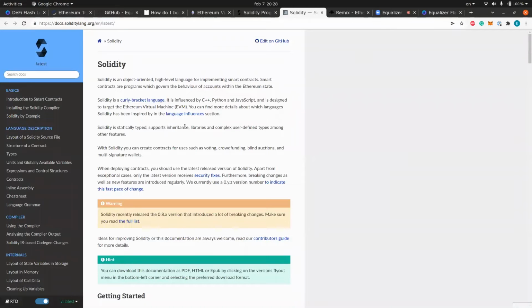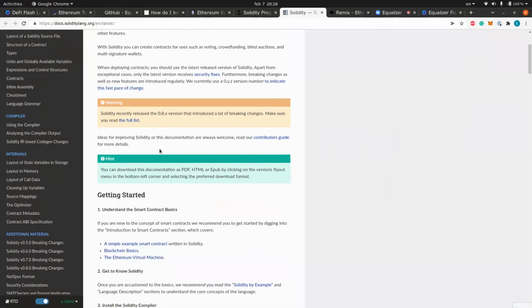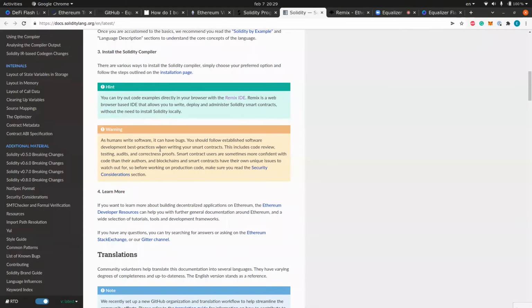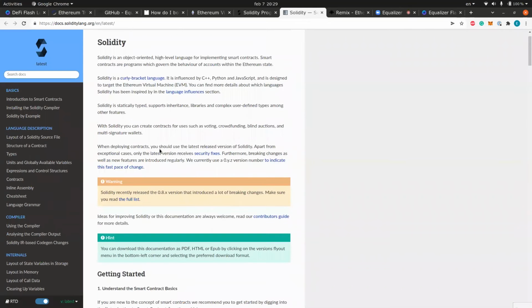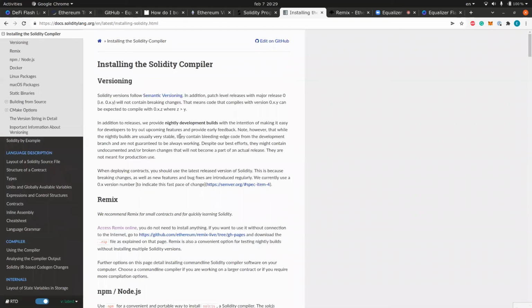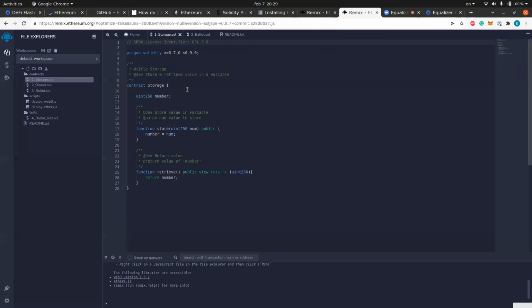But to start with the documentation, it's usually very hard, because these are usually very long documents going through all kinds of details that for someone who wants to start with software development might be a bit too much. So it's always better to start with examples instead of going through all kinds of installation and all the details. There's a very nice online tool that enables you to start with